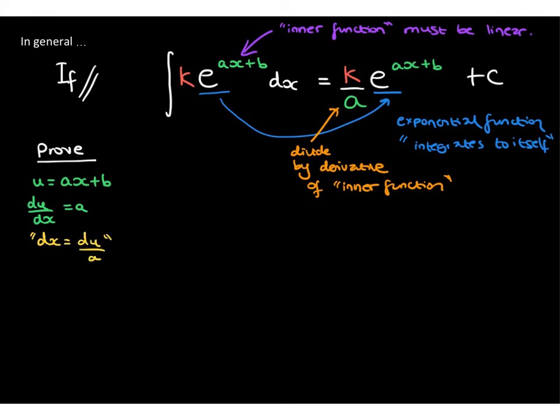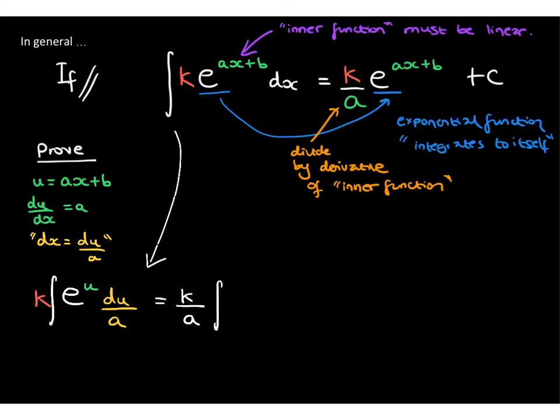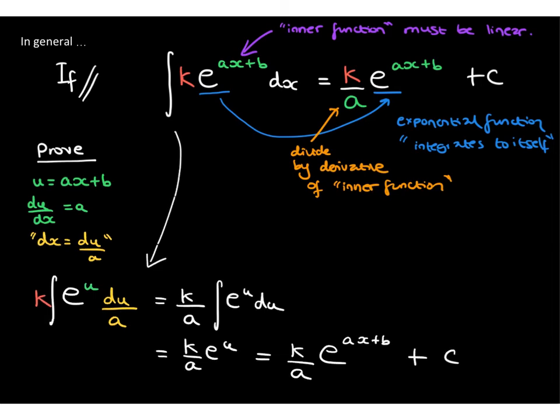And our integral then becomes the integral of k, which can come outside of the integral sign, e to the power of u, and we have to make sure we use this as well. So pulling k over a outside, we then have the integral of e to the u with respect to u, which of course gives us k over a e to the u, which we can express as k over a e to the power of ax plus b, plus our constant of integration,